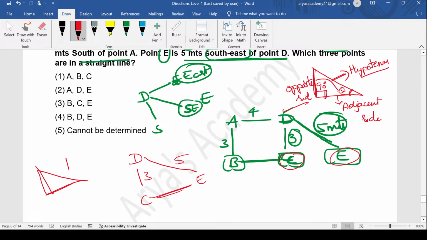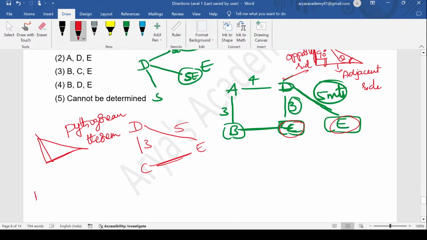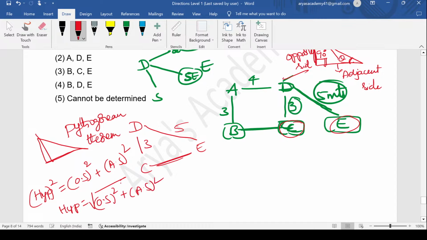Okay. And you would have heard this very famous theorem, Pythagoras theorem or Pythagorean theorem. What does it say? It says that the length of the hypotenuse whole square is equal to the sum of the opposite side whole square and the adjacent side whole square, or the length of the hypotenuse is equal to the square root of opposite side whole square plus adjacent side whole square. So that property is applicable to this triangle. That is why I have directly said that point C, point E and point B are in a straight line,